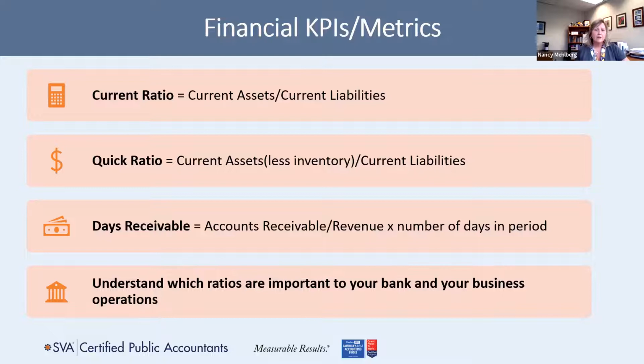So I think for every company, what you look at is going to be different. And you're going to want to monitor the ones that are important to you. Liquidity ratios could be that, looking at current ratios, quick ratios. Those really tell you how liquid the company is. How much assets do I have that I can quickly convert to cash? So that's why those ratios might be important if somebody has cash flow issues. So this is just an example of some of them, and like I said, there are a lot more.